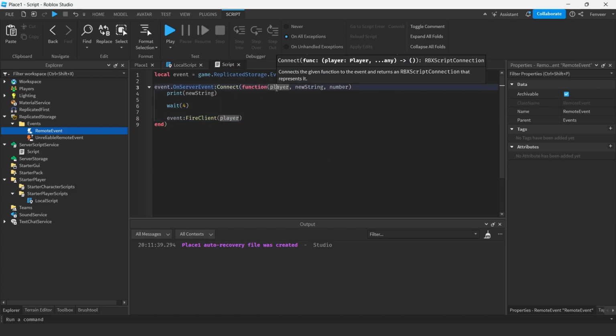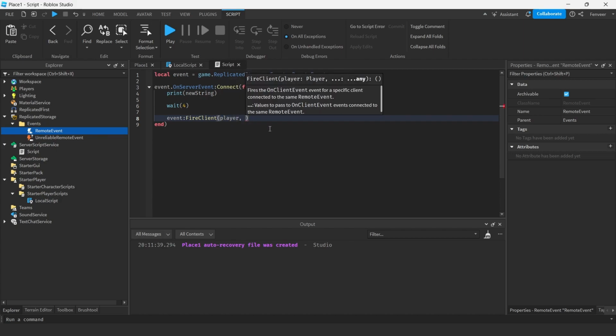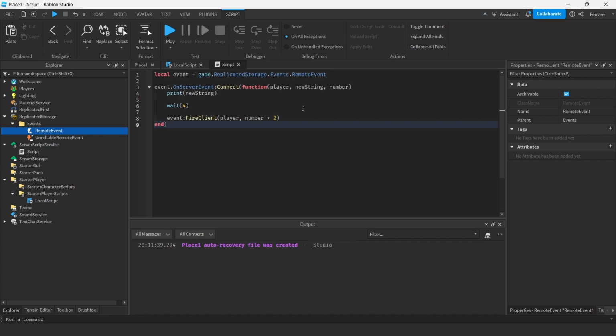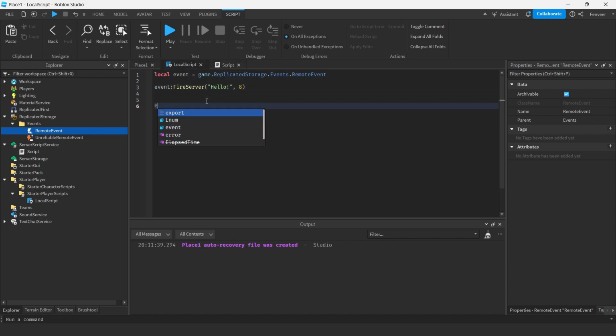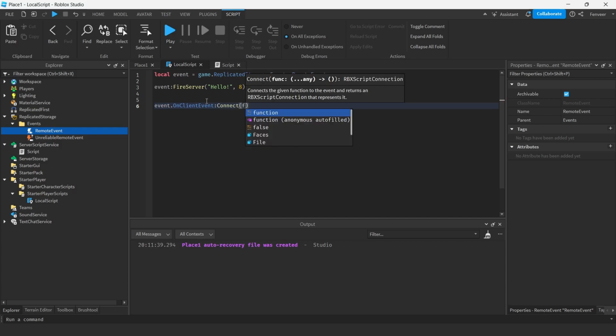So in this case, we're going to get a player, and we're firing right back to that specific player. And then we're going to pass number + 2, because why not? And then on this side, we can connect to it. Event.OnClientEvent:Connect function